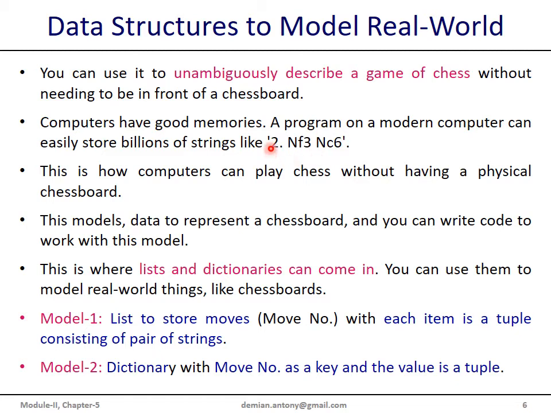And what about the turn? The turn is the index in the list. We start the index of the list here from 1. 1 is the first move, then second turn, third turn, etc. The list index represents this number, and the item, the value at this index, that is the turn, represents the chess piece movement.